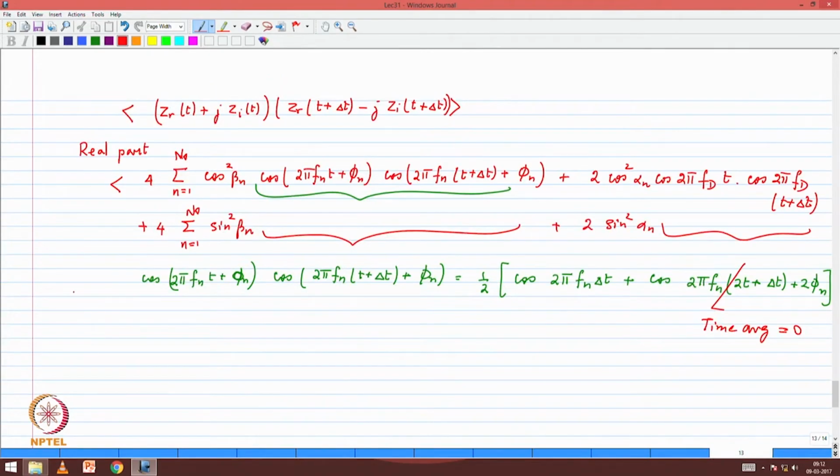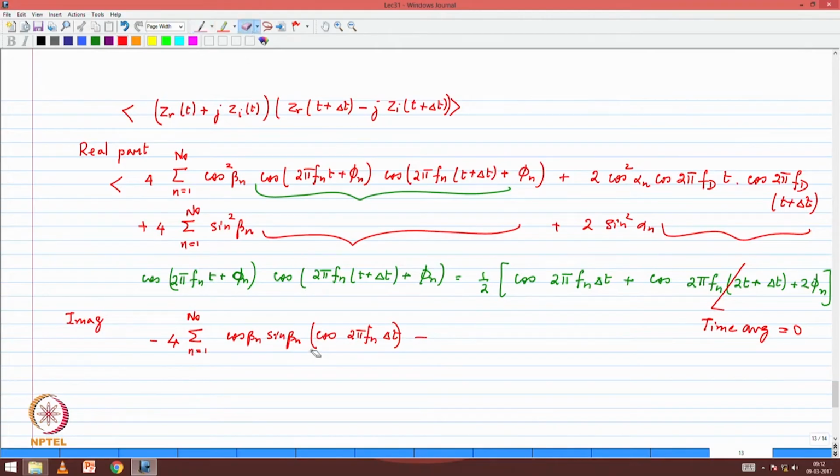The imaginary part actually completely gets cancelled. Let me just write one step and then we will close that. The imaginary part, again apply the same simplification. What you will find is terms of this form: minus 4 times summation n equal to 1 through n naught cosine beta n sin beta n cosine 2 pi fn delta t